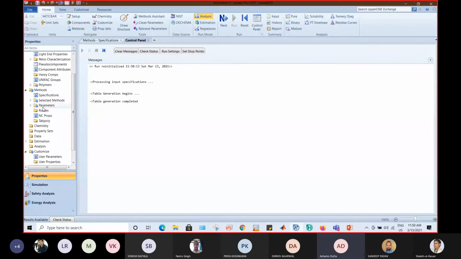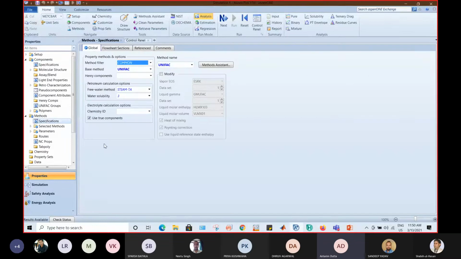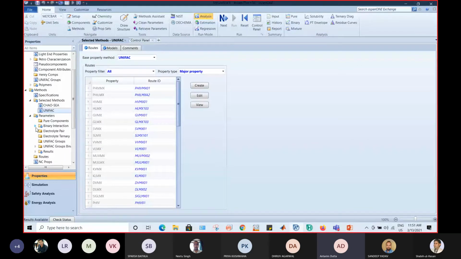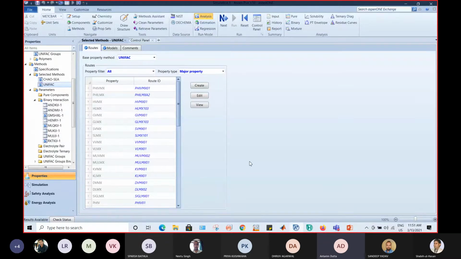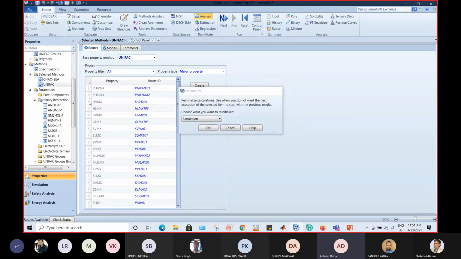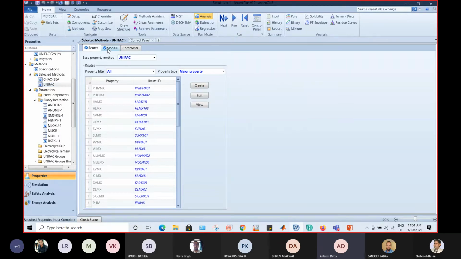This is your UNIFAC, and these are the parameters. Okay, UNIFAC is not present. This is a group contribution method. Yes, I was thinking the same thing. So I will go to specification, and again go to specification, and select NRTL over there, and I will hit next.